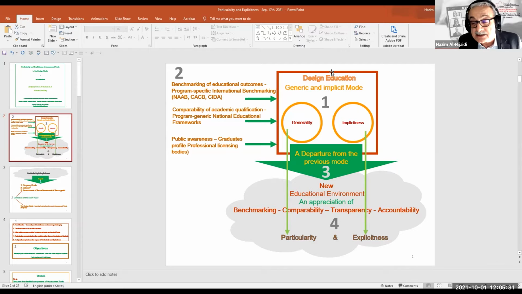Design education, design studios generally centered around projects, and projects are described in generic terms and with minimal elaboration, and often borrowed from other offerings of the course or from other programs.